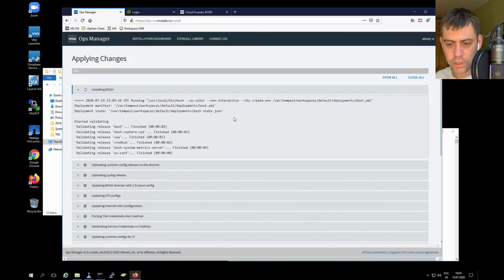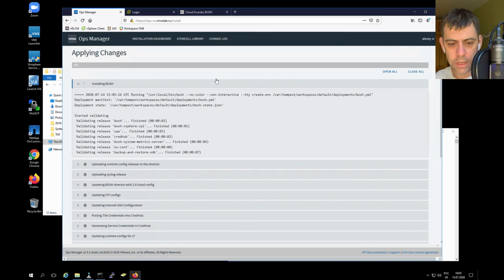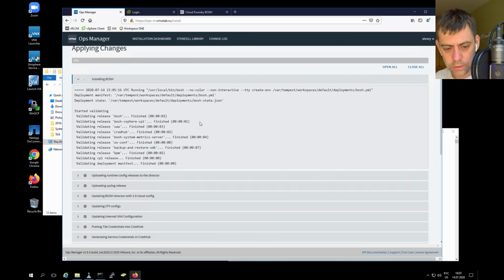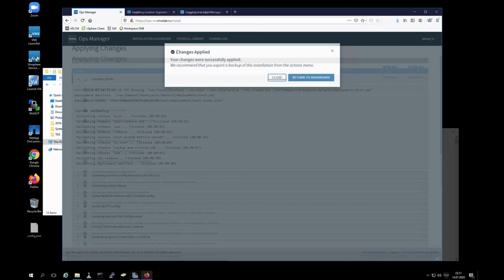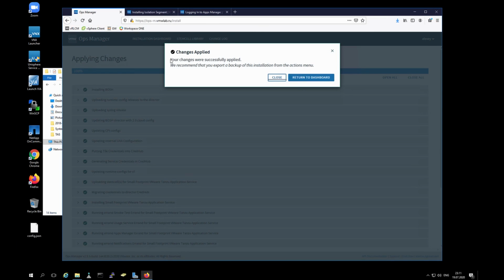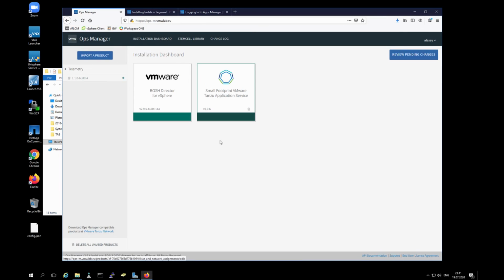And we can just return after some time, after Ops Manager installs Tanzu Application Services and applies any settings which I put on the installation dashboard. It seems like everything was applied successfully. If you see this window, that means that our changes were applied. Magic, we can just push return to dashboard, and we see that small footprint VMware Tanzu